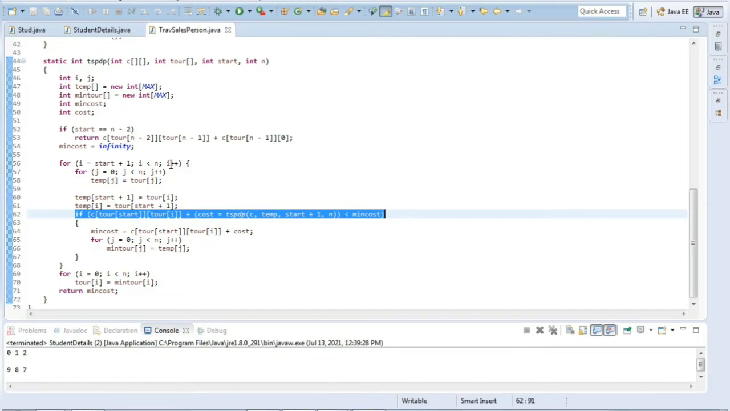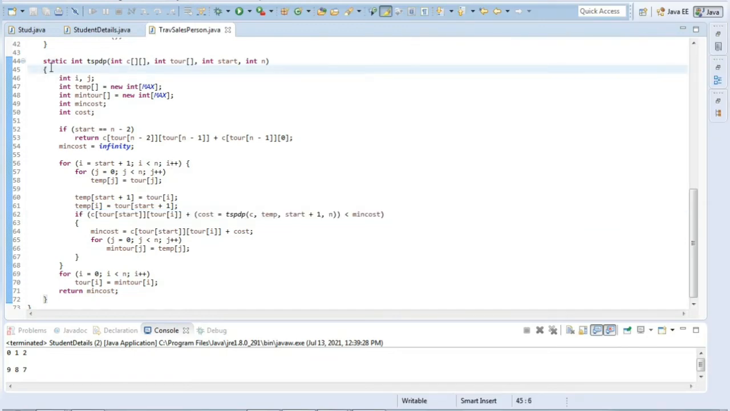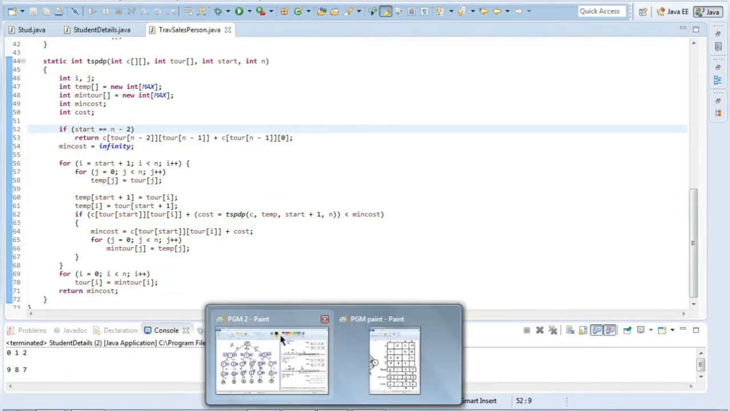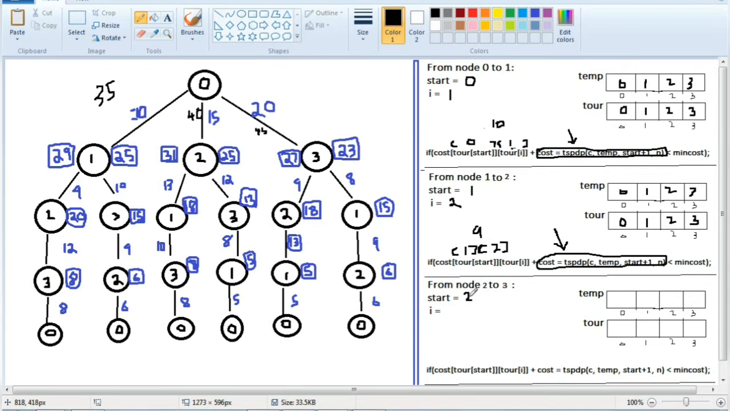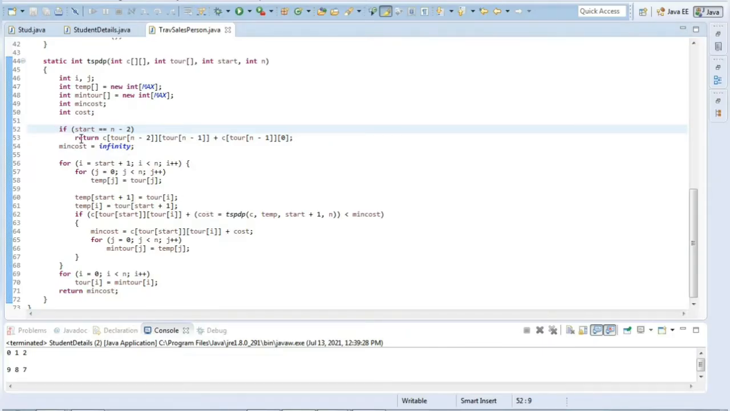Here what will be i? Again this new call will be created because we are calling the function again, and then we'll be comparing whether start is equal to n minus 2 or not. What is start? Start is 2 now. See here, the start value we passed is 2, and that is equal to n minus 2, 4 minus 2, right? Start and n minus 2 are the same,